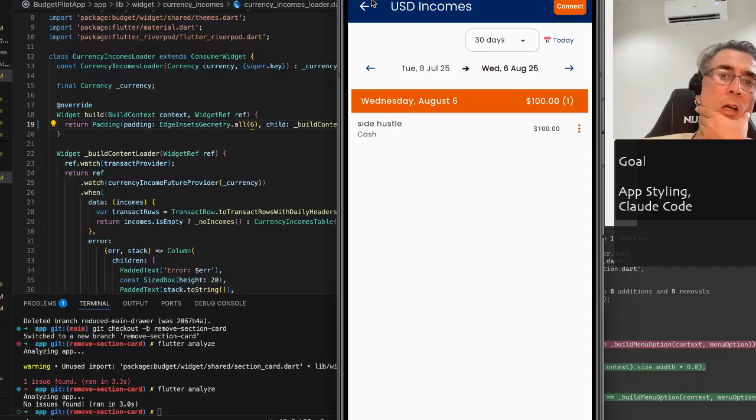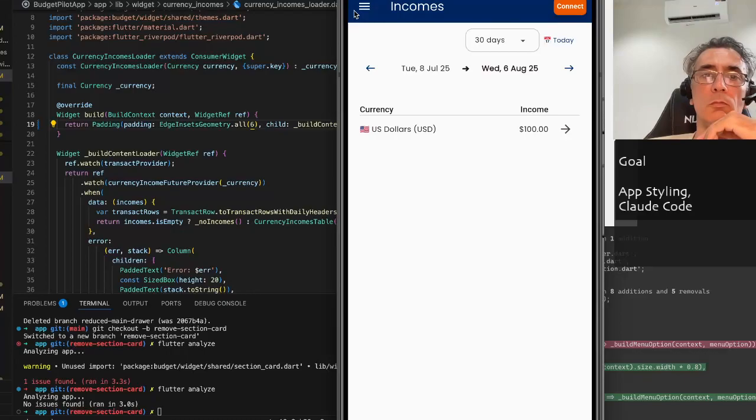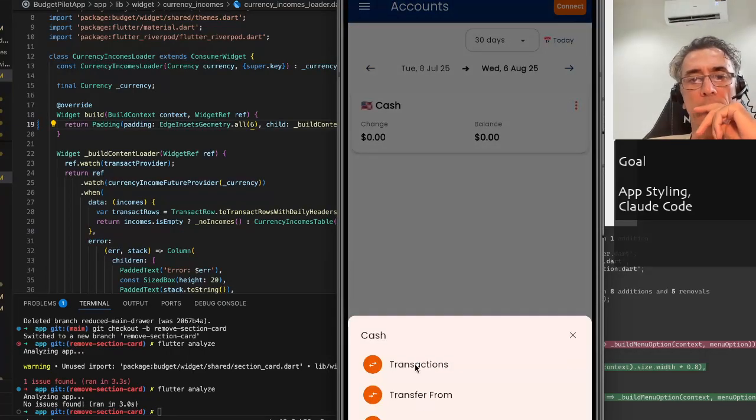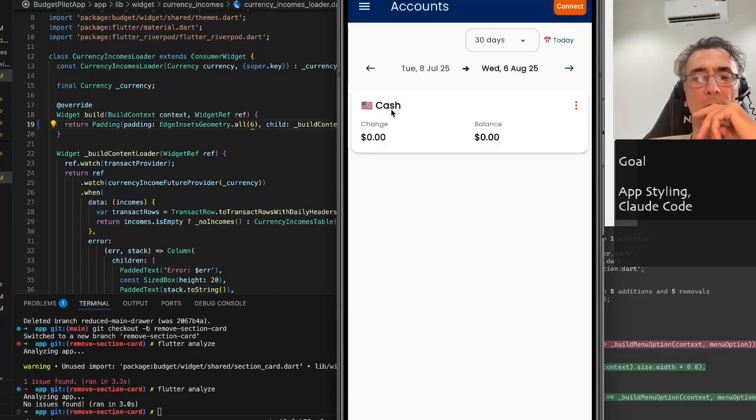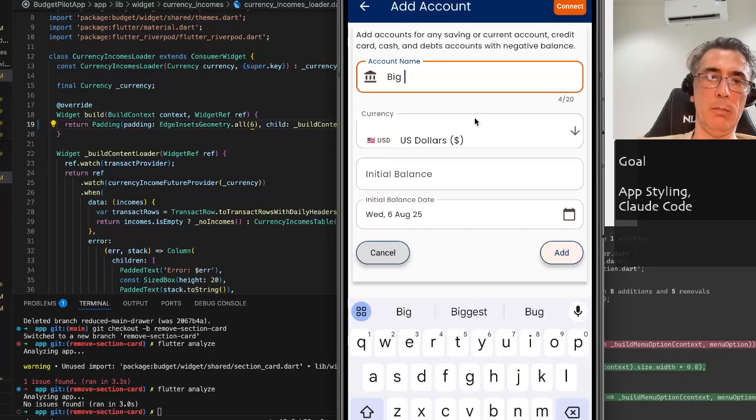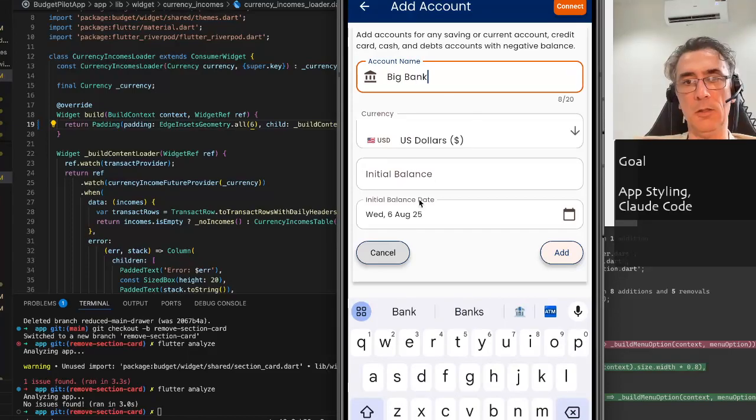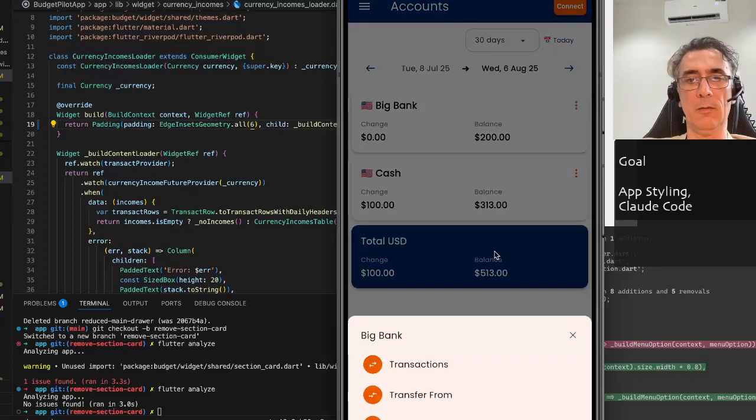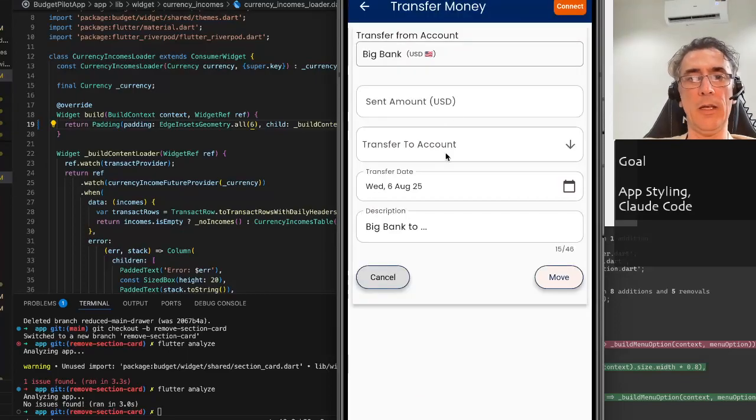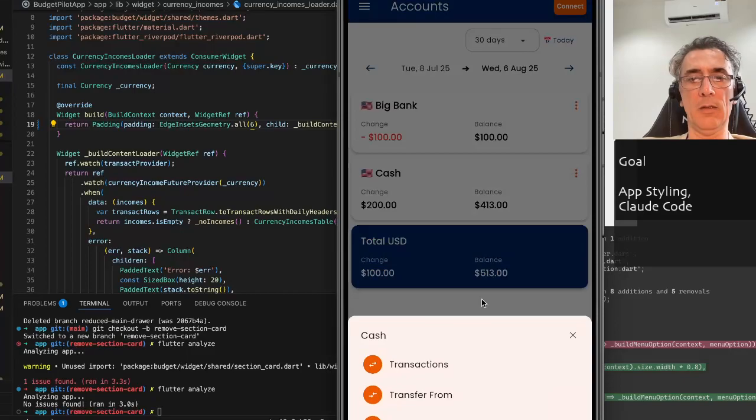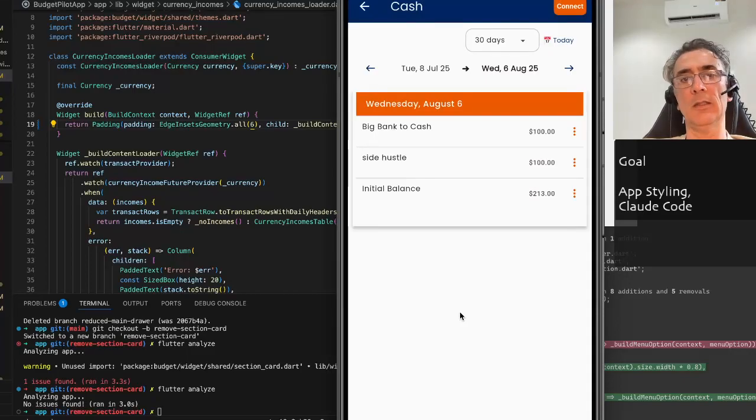Okay. Good. But there is more. So accounts, if I add, I cannot transfer because I have only one account. Let's add another account, big bank, initial balance, $200. Now I can transfer from big bank to cash, $100. Once I've done that, I can go to see the transactions here and I see the same thing